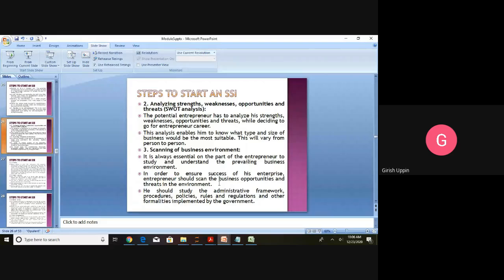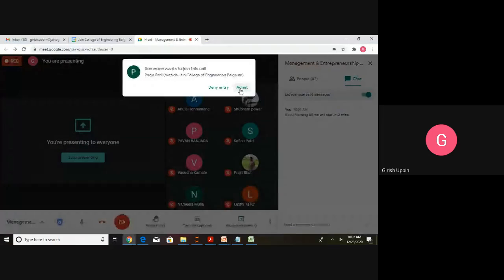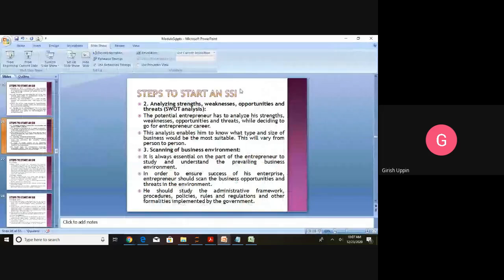The best example is the current situation: given the COVID situation, any idea related to sanitization, related to the safety of human beings, related to social distancing, any idea along those lines is the demand of the current scenario. So he has to be aware of the business environment, and he should select the products accordingly.